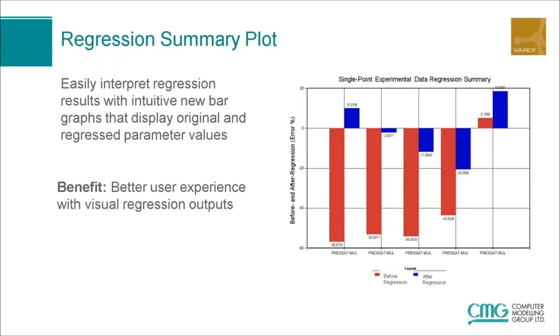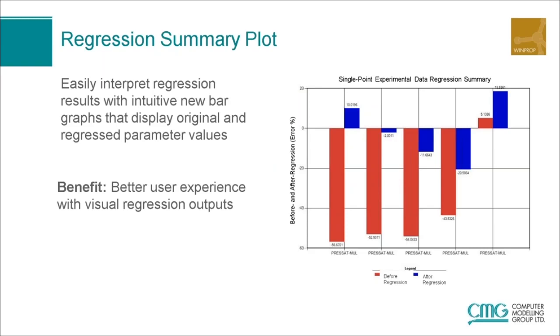When we're trying to tune an equation of state using WinProp, we're always going to have one or more parameters that are being changed in order to match our experimental data. And this is a very common workflow when you're using WinProp. So analyzing the changes in experimental error when you're changing the parameters within WinProp was previously done through text in